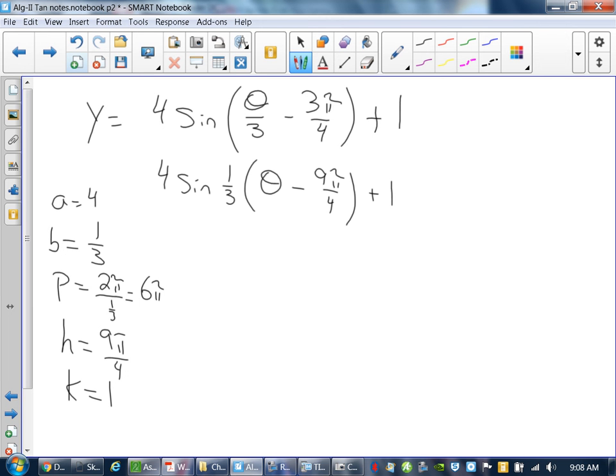So far, so good. I'm overextending to the right because I know I have to move it to the right. I'm not really too worried about up because it's just going up once. So we know we're going to have a period of 6 pi. So this will be 3 pi over 2, and then this would be 6 pi over 2, and then it would be 9 pi over 2.